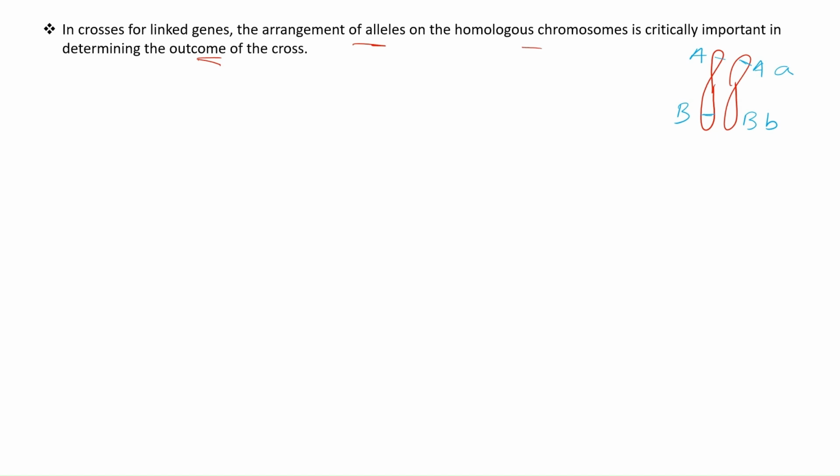If in this figure we talk about mutants, suppose in one chromatid A is mutant and B is also mutant, and in the second chromatid of the homologous chromosome, both are normal. But it can also be in the form that in the first chromatid A is mutant, whereas in the second chromatid B is mutant. So it can be like this also. So what is the arrangement of alleles? How the alleles are arranged on the homologous chromosome will decide the phenotype of any